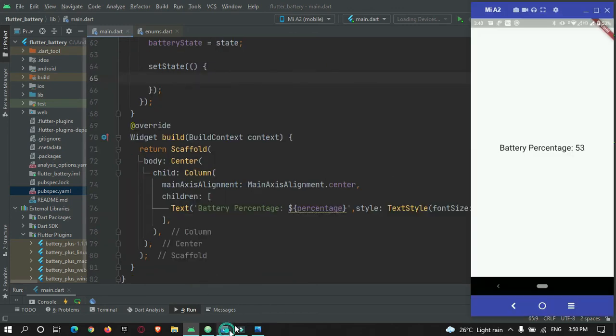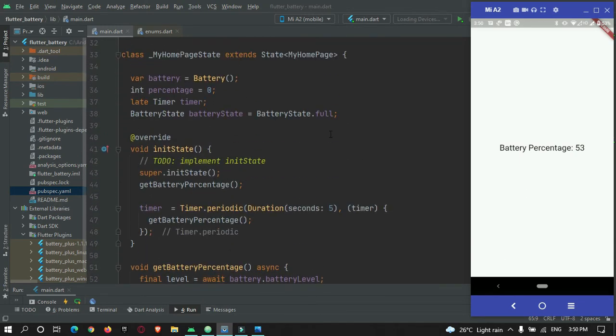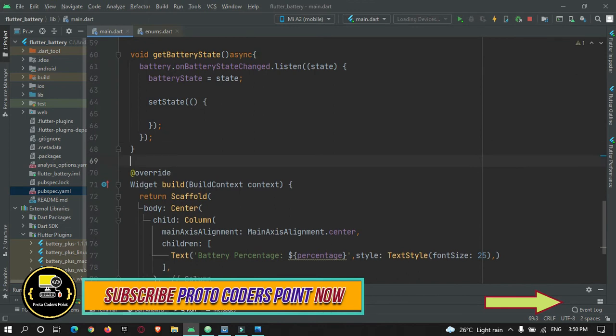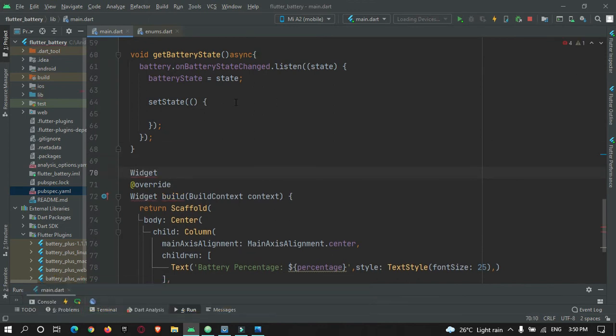Now here I want to show an icon of the battery state such as charging, full, or discharge. So I will just build my own custom widget over here. Widget build battery, and this will accept the battery state.